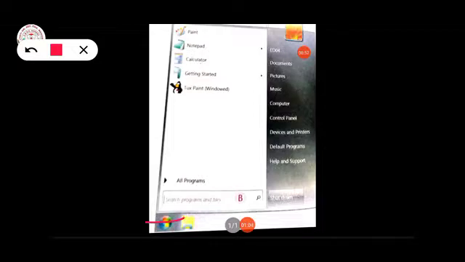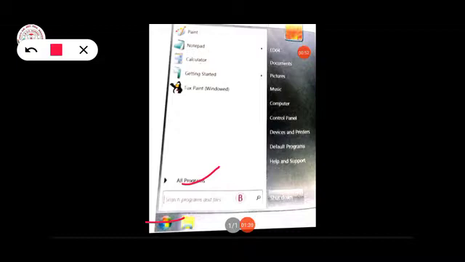Then after the start button you have to go to All Programs. After going to All Programs, a list of programs will be there. In that you have to click Accessories. After clicking Accessories, you go to Paint. In this way you will open the Paint program.